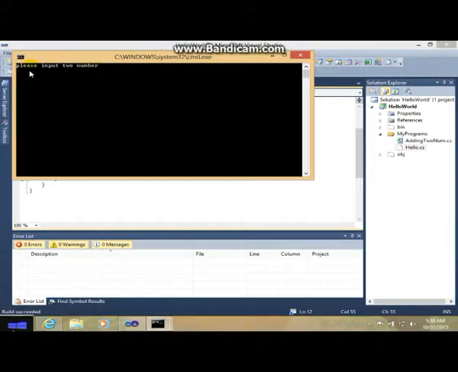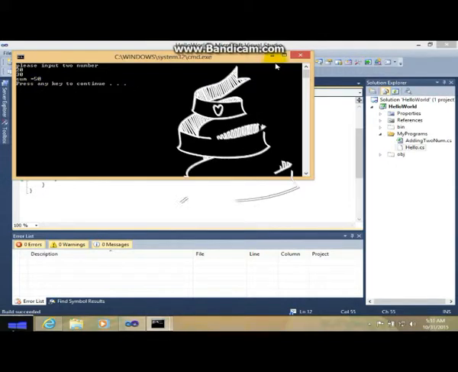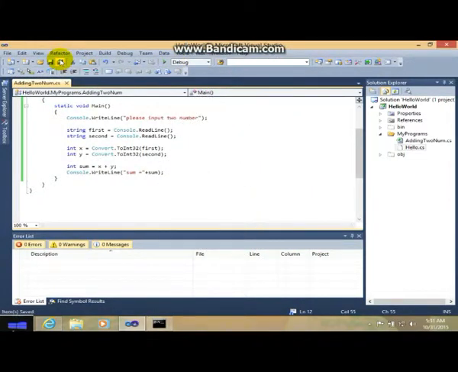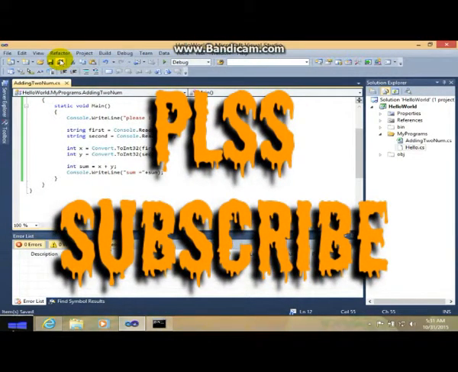When the user inputs two numbers, if I am the user, if he inputs 20, enter, and 30, enter, it will get the sum 50. That's the thing. Okay, let's save it. And today we learned how to create a program that